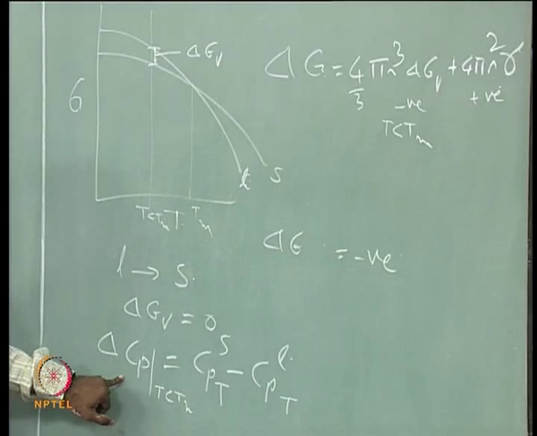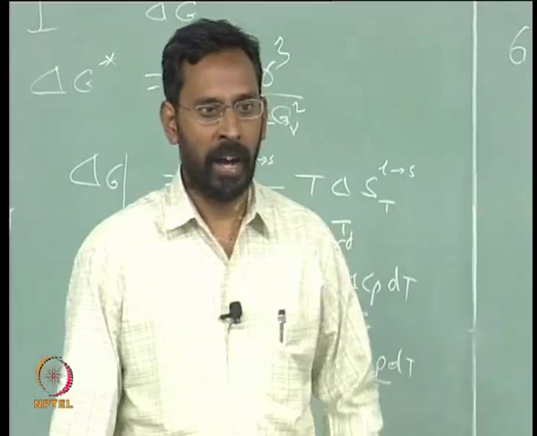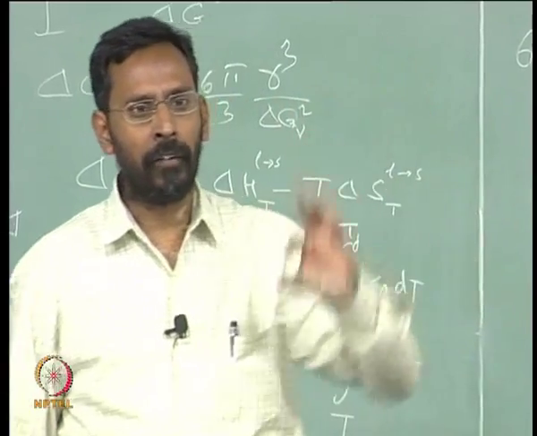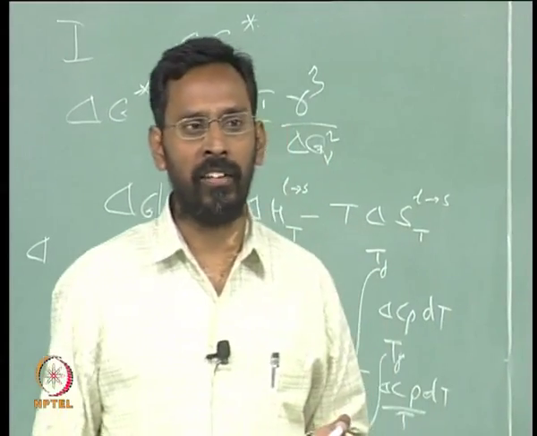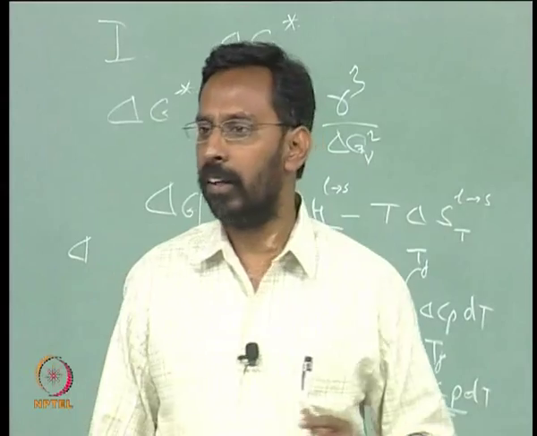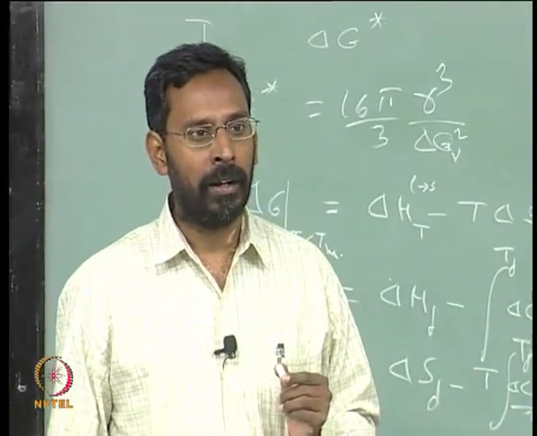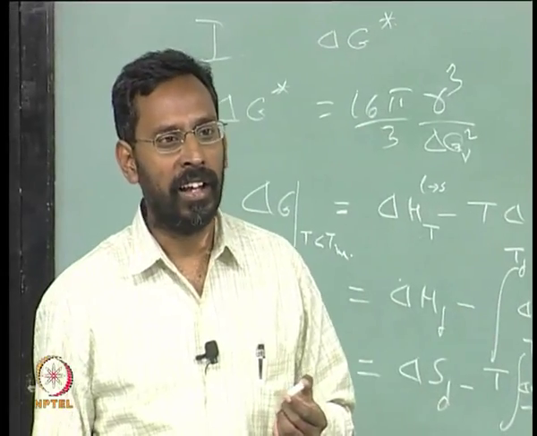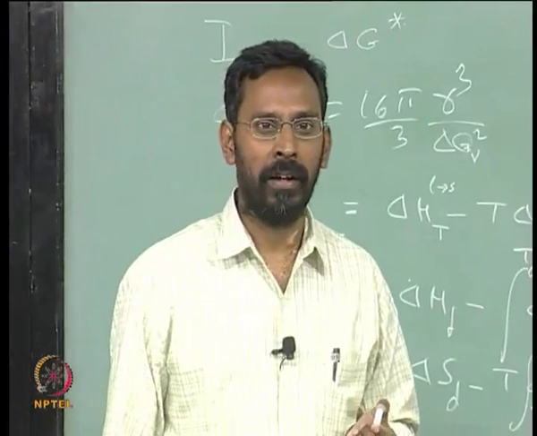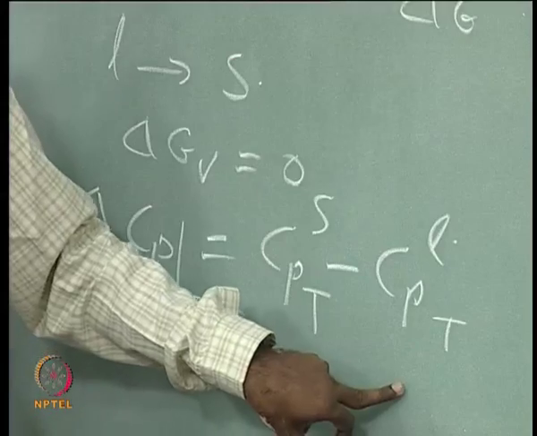Am I right? Now the question that comes is, finding out Cp at temperature T is not very difficult. I have an aluminum, okay. I want to find out the heat capacity of that aluminum at 600 degrees, which is below the melting point. Melting point is 660. Measuring the heat capacity of solid aluminum at 600 degrees is not a problem. I can put it into a DSC and happily measure the heat capacity. But if I want to measure the heat capacity of the liquid at 600 degrees centigrade, how do I measure?